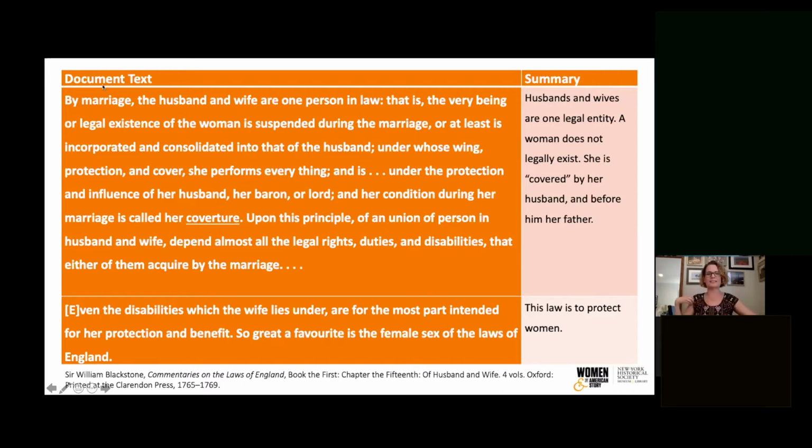So before we dive in and start unpacking that, I do want to point out that we have the document text on the left-hand side here, and then we have a summary. This is something that we do in WAMS. Anytime we're presenting a primary source document, we include a photo of the original physical thing, but we also do a transcription of the original text and then a side-by-side